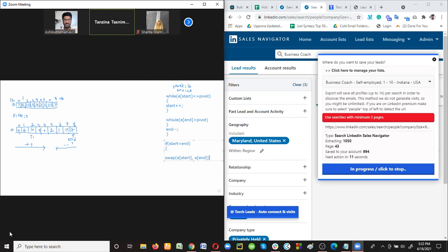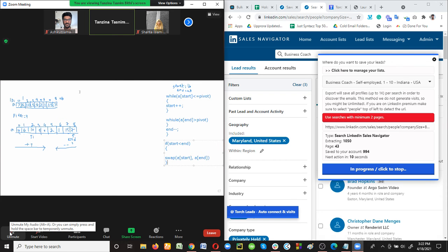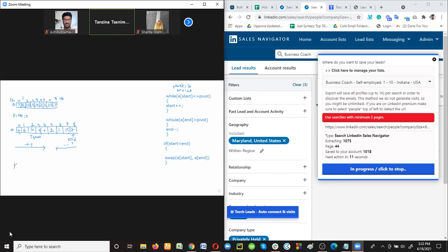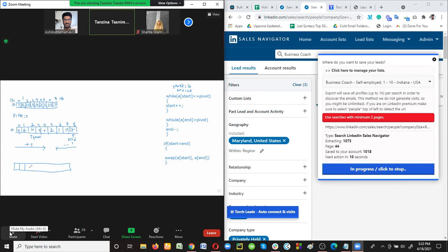When you swap these two elements, if start is less than end, how do we change these two values? 7 will be stored in the place of 10, isn't it? So this is the new array now with 9 elements.